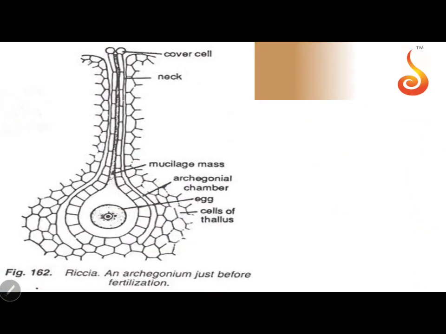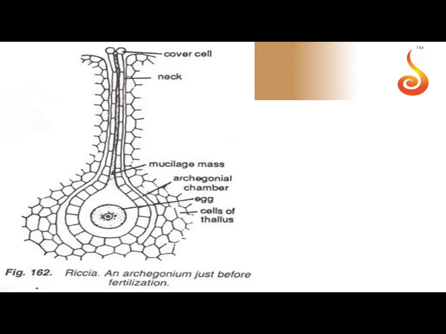Now you can see here we have the picture of the archegonium just before fertilization, but I got a nice picture of this in Riccia, which is also liverwort. Marchantia is also liverwort. So the sexual organs in both of them being liverworts are same, but since this picture is more clear to discuss archegonium, I decided I'll pick up this, even though in spite of being Riccia archegonium.